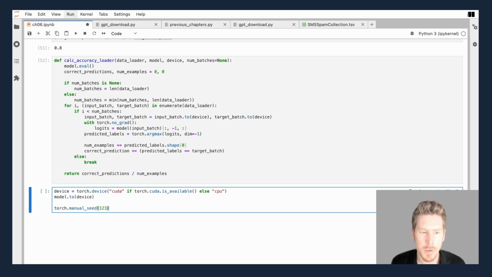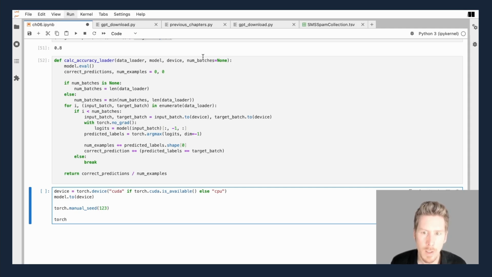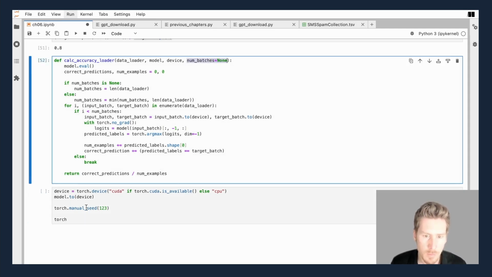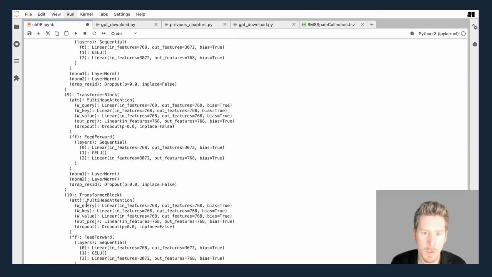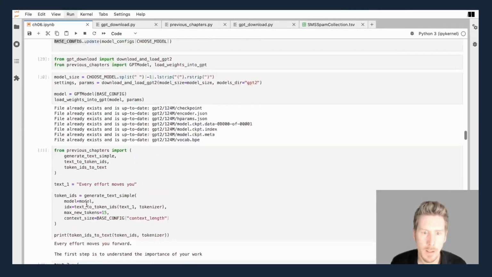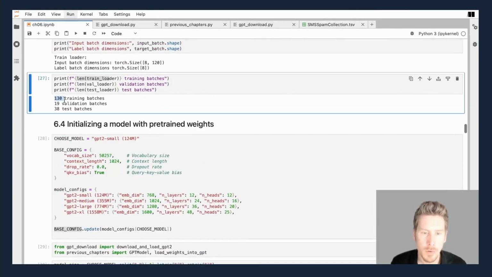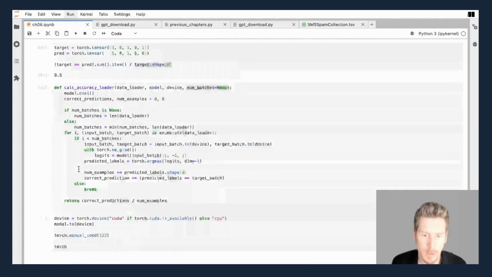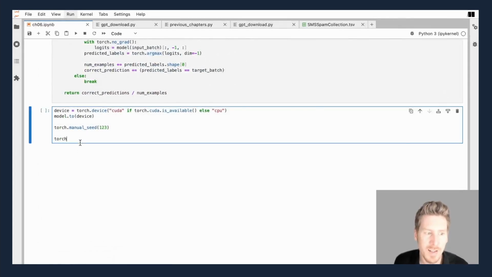It should not be necessary, because if we are completely iterating over the data set, we don't need a random seed. But if we want to, for example, only do it for 10 batches, how many, by the way, do we have? Let me double check. We had somewhere checked the length of the data set. It's been a while. So if we only want to take 10 batches just to accelerate this a bit, if we have shuffling in the training set, it will of course give us a different 10 batches. So in that case, we are setting a random seed